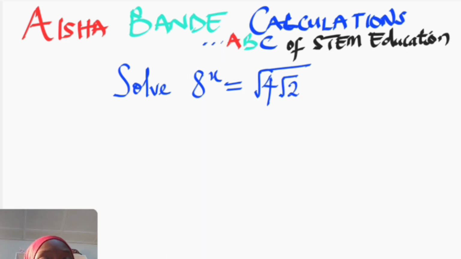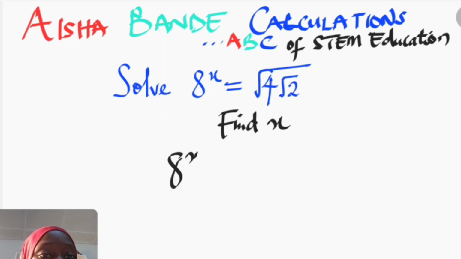We have a question to solve today, which is a question on the indices. It says 8 to the power of x is equal to the root of 4 root 2. So we're required to find the value of x. So let's get started. So here we have 8 to the power of x is equal to, now let's simplify